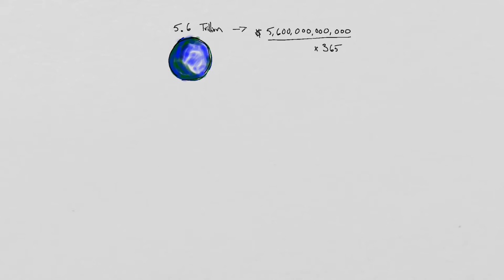So here's one number, 5.6 trillion. On a daily basis, that's how much currency gets traded around the world. If we write it out, that's how much in dollar terms. Per year, that amounts to 2.044 e to the 15th power, which I think is something like this number here, and I don't even know how to pronounce that.